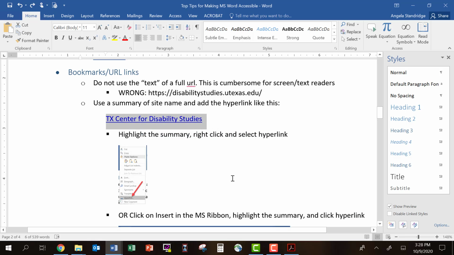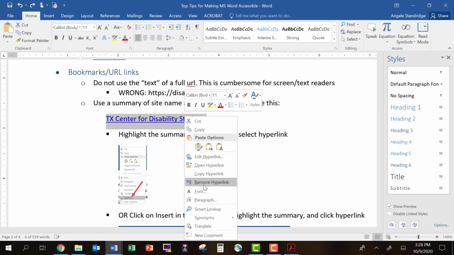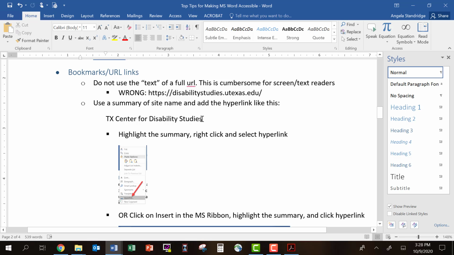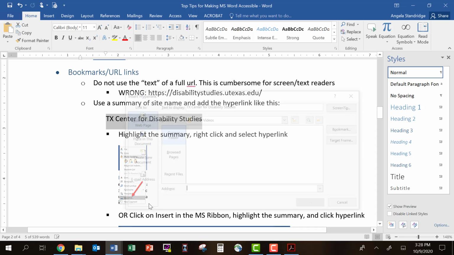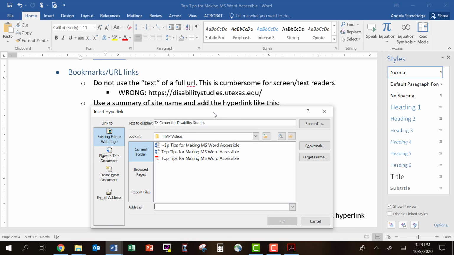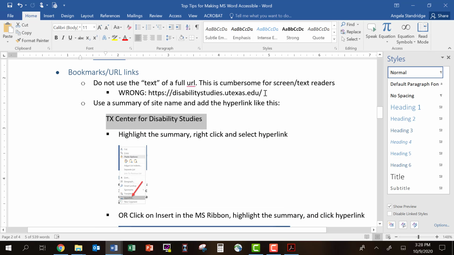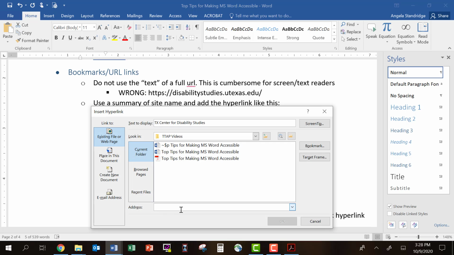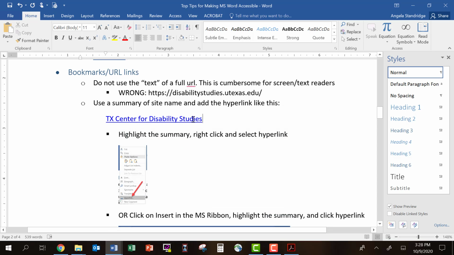Actually, I'm going to do a couple of things here. I'm going to remove the hyperlink first. So there's no hyperlink now. Then I'm going to highlight it, select hyperlink, and now it wants me to put this URL in there. Select the hyperlink, copy it, select Texas Center for Disability Studies, click on hyperlink, paste it. So now I have my link right here, and if I click it,